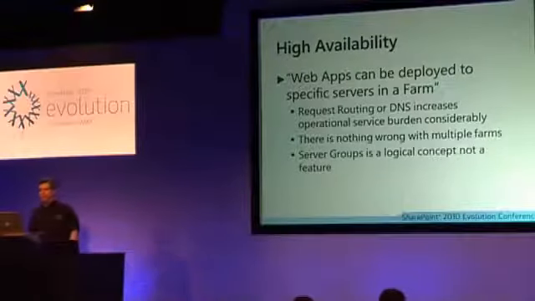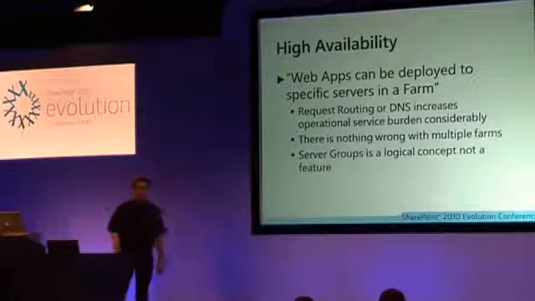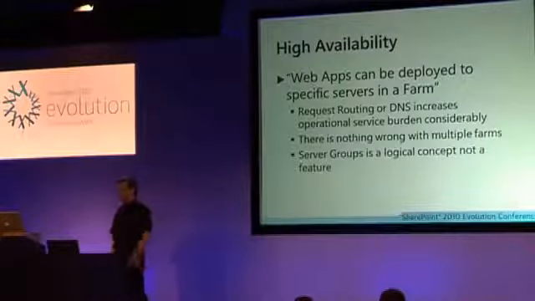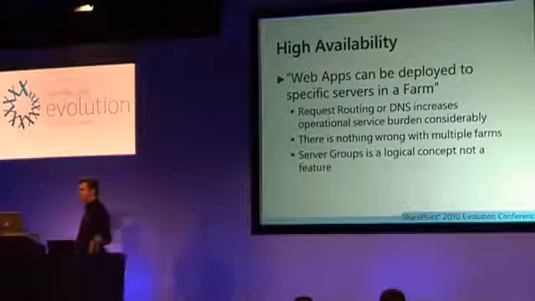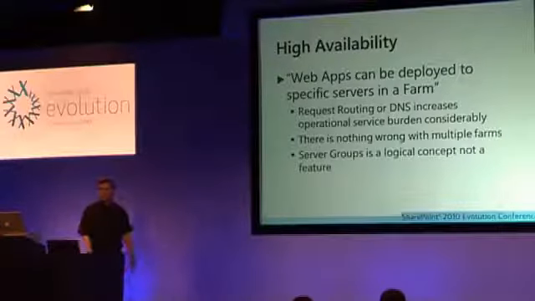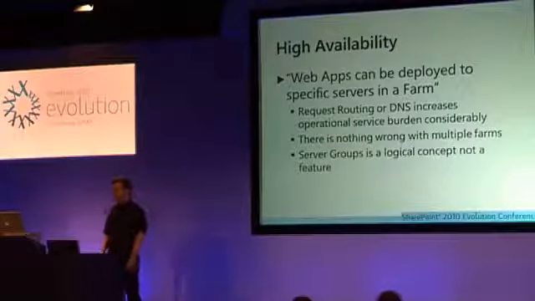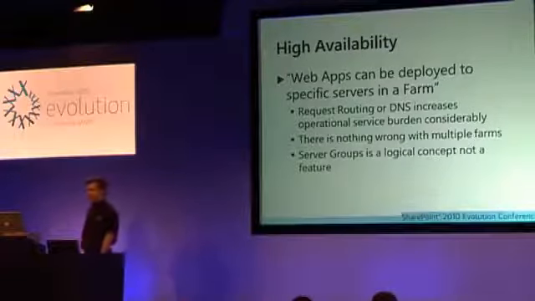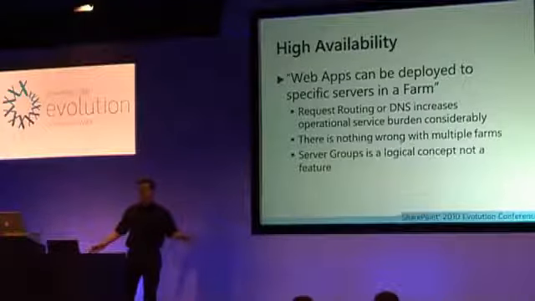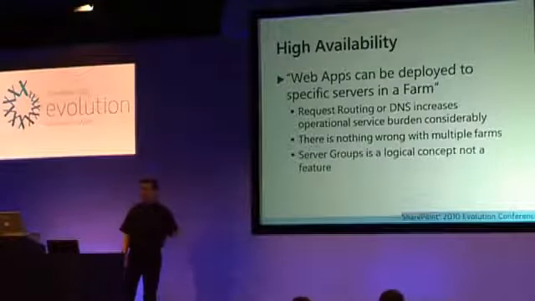There is nothing wrong with multiple farms. It's better to have 2 small farms than 1 uber one. It's easier to manage. It doesn't cost you any more. There's no licensing per farm; you pay a license per server and for the users. So if we want different machines to service different host name requests, you're either looking at multi-tenancy or multiple farms.